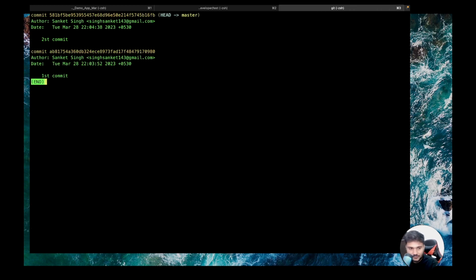Now, if you do git log, you can see the head is moving to master. So actually you are moving the head pointer. You are not moving in the branches. Branch pointers are going to exist there only. They're only going to move once a commit is made. When you shift branches, you are actually shifting the head pointer.